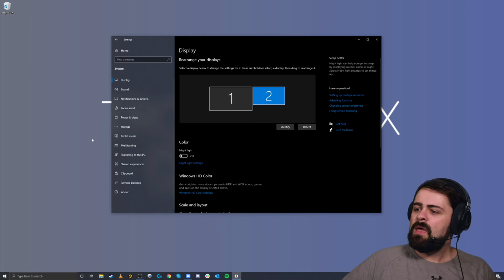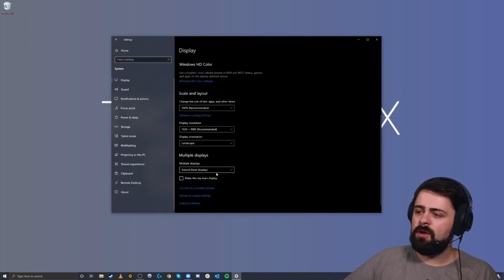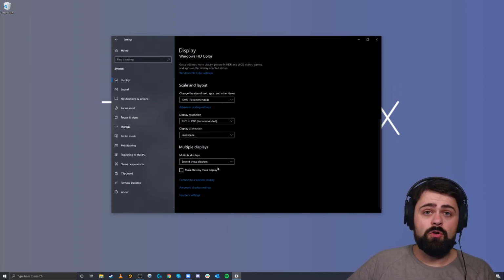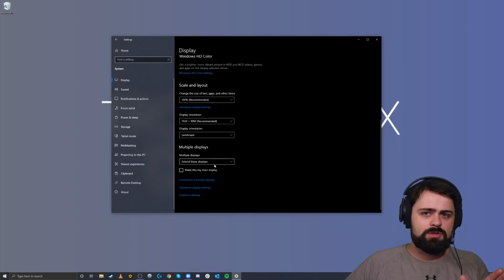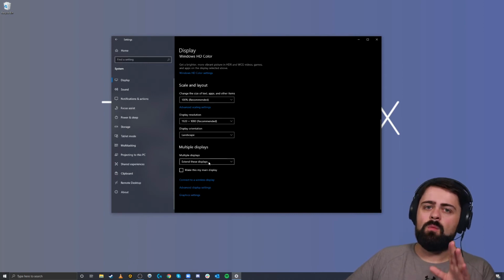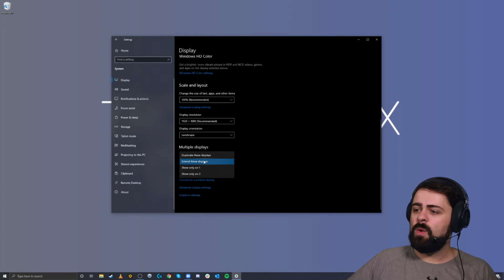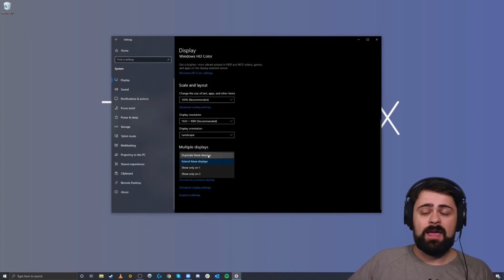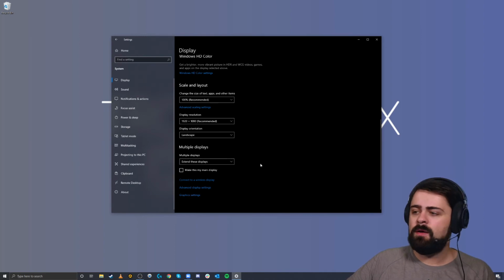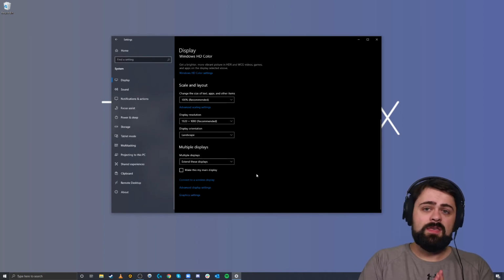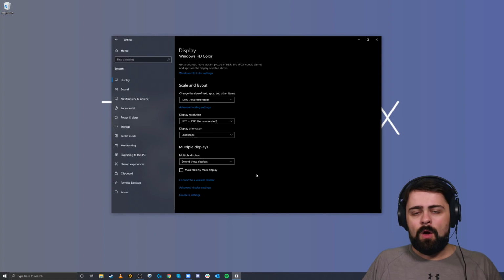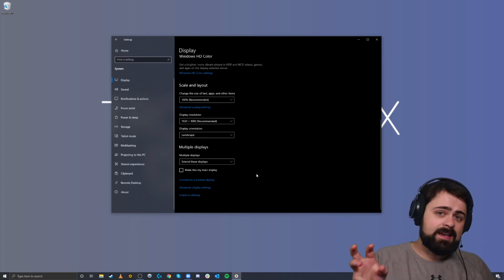Next, as we scroll down here, we'll find this main option for multiple displays. This is the most important setting that we want to set when we are working with Isadora, and we just want to leave it on extend these displays. These other options for duplicate the displays and show only on one are not going to give us the flexibility that we need. We want to be able to see different things on our main display from our secondary displays,